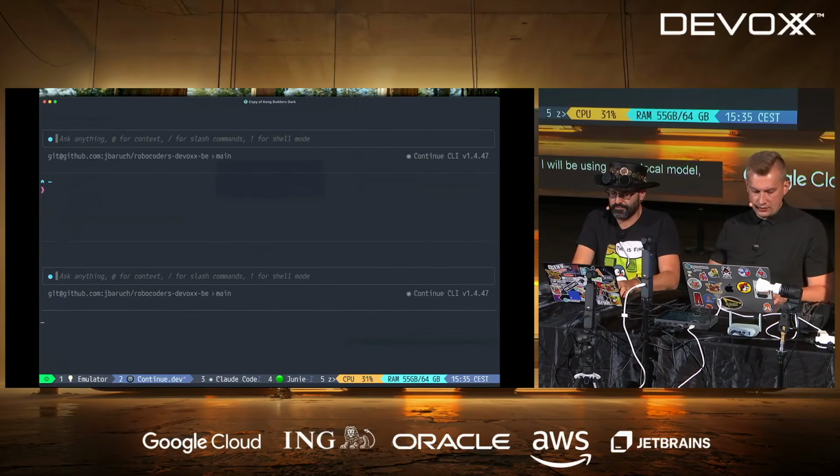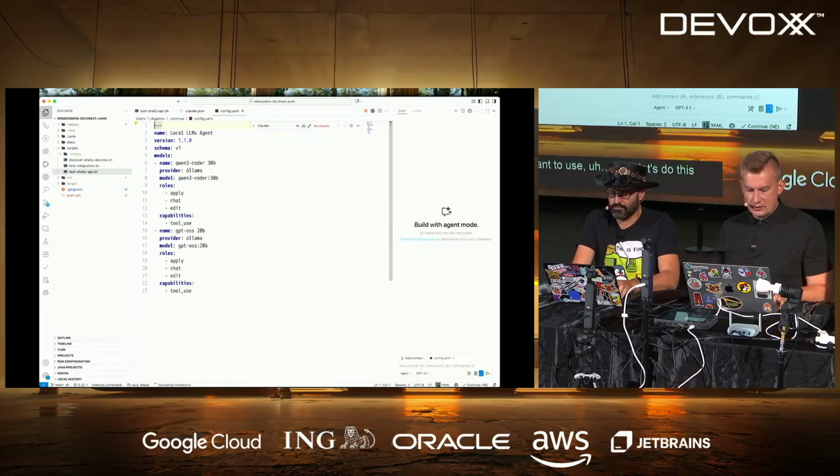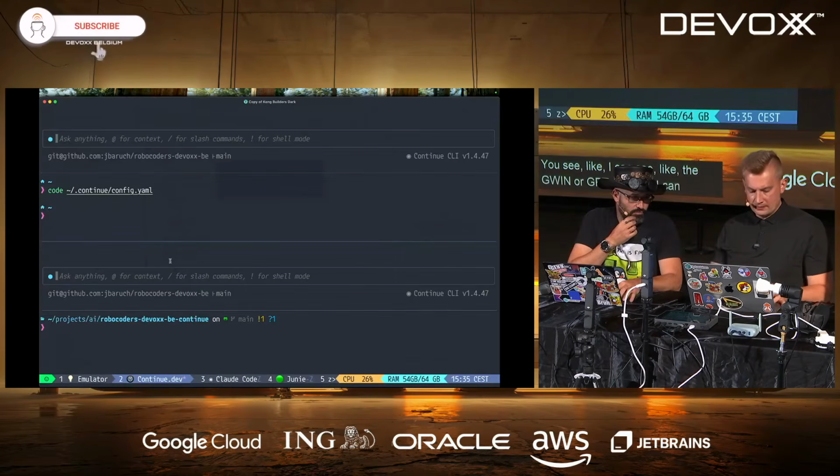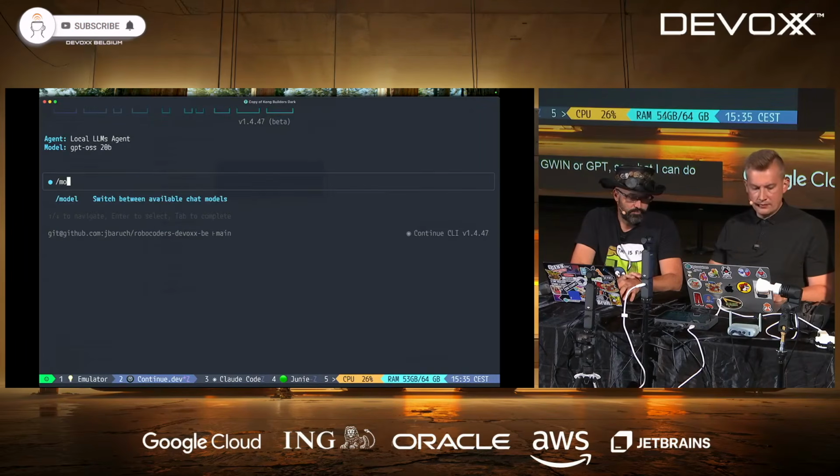Actually, I don't want to use GPT. Let's do this one, config YAML. So in here, I can select the models. In this particular case, it will use Qwen or GPT. So what I can do here is select model.